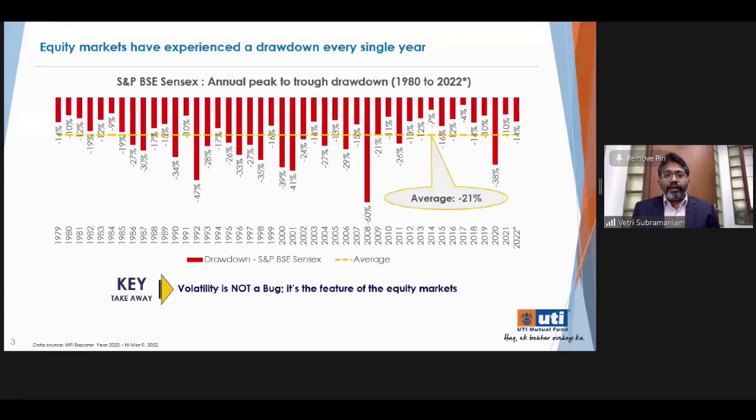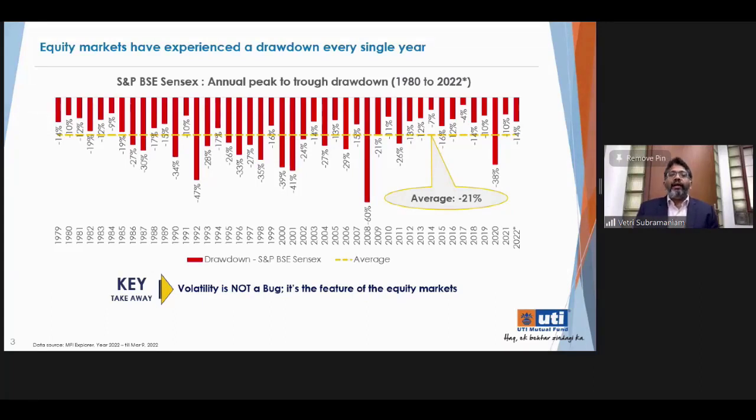Now, this is actually a slide we showed you in January. And at that point, we said that volatility is nothing unusual in the equity markets. It is not a bug, it is a feature. And we showed you the data going back all the way to 1979. And we said, if you see in any given year, the peak to trough fall in the market on average has been 20%. So if you're an investor and you're coming into this market, your baseline expectation should be that